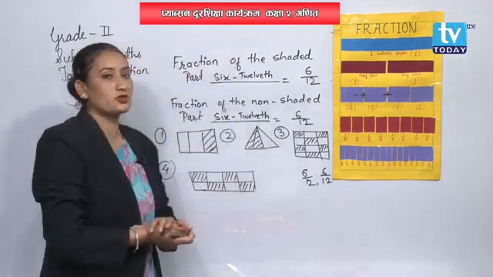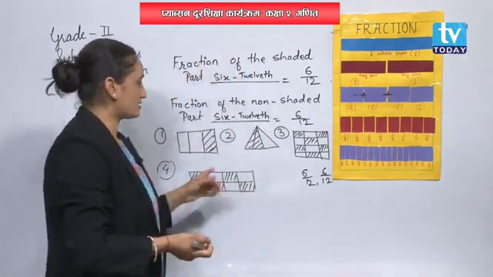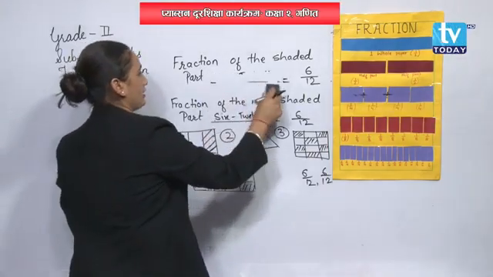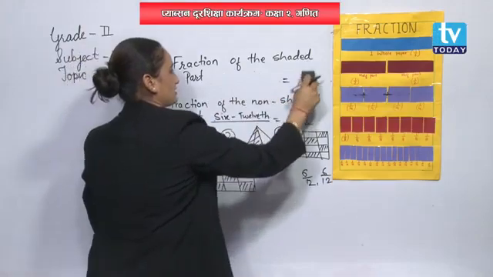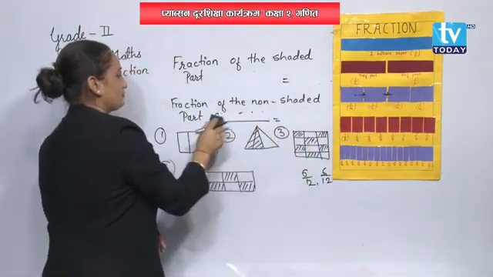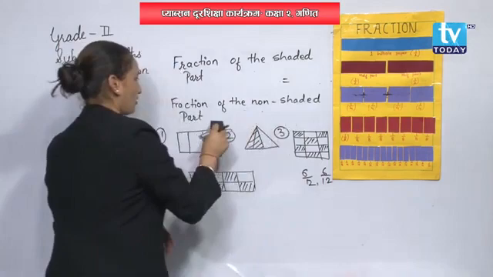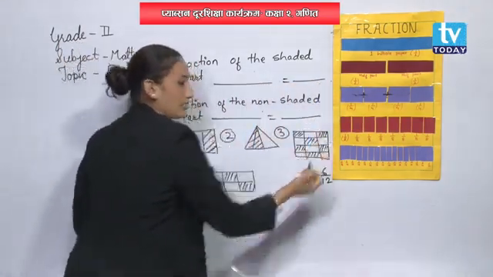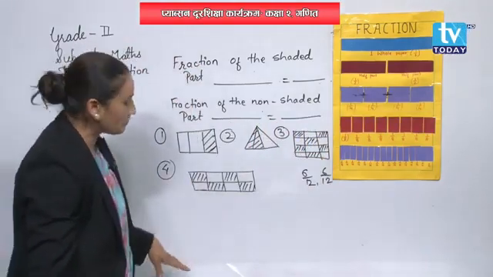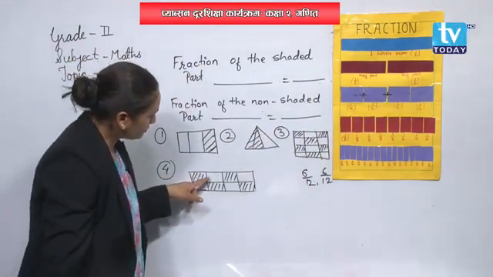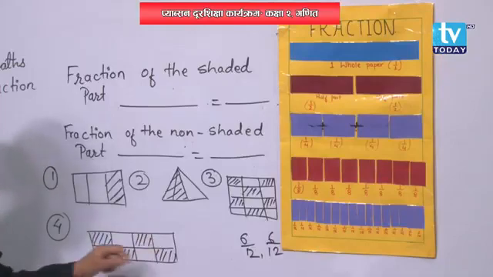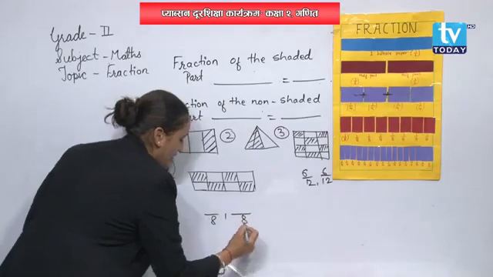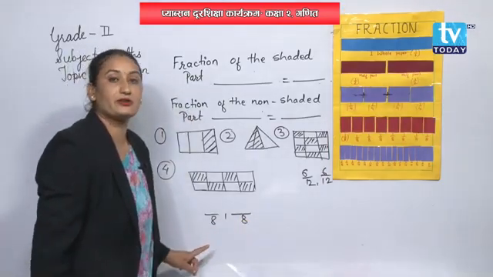I have the last question but not the least, okay? This is the last question. See here. Let's do the same way over here. Now, this is the last question, students. Let's count the number once again. 1, 2, 3, 4, 5, 6, 7, 8. How many parts are there? 8 parts. Now you can write it this way. 8 is for this one.